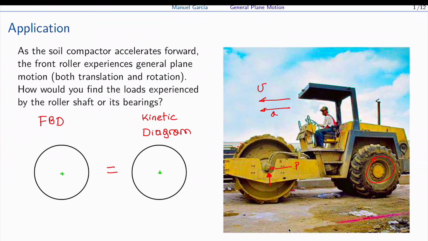So we can have a Px and a Py. There's a force Px that is pushing the roller forward, and we have another one that is supporting the weight. So this is Py. And of course we have the weight,